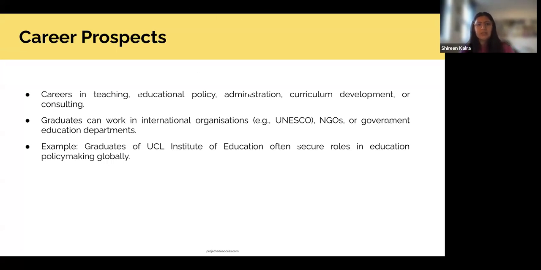So that's one. Second would be curriculum development, which is basically coming up with changes in present curriculums, changes in textbooks, helping in writing and designing textbooks, or syllabi for different levels and different boards. Third would be consulting, which is basically helping the government, the private sector, foundations, or NGOs with problems and issues that arise in their day to day.